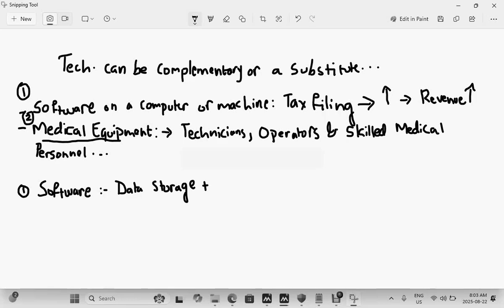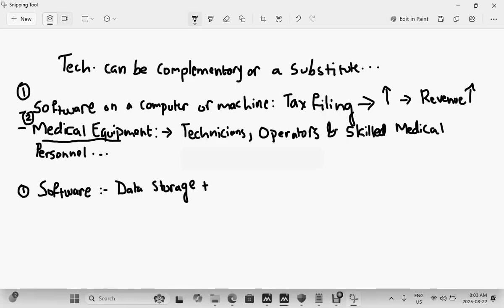For that reason, the software itself may reduce the need for certain occupations, such as data entry clerks, who would type in data, or transfer data from one document to another, or from a document onto the computer.